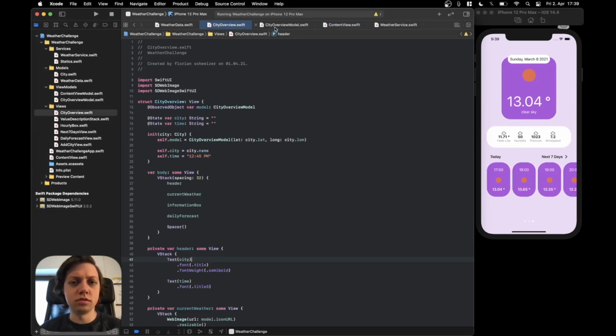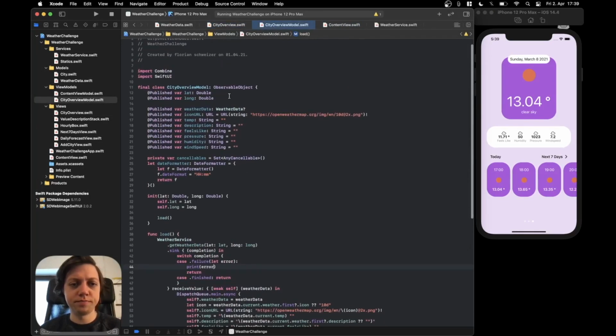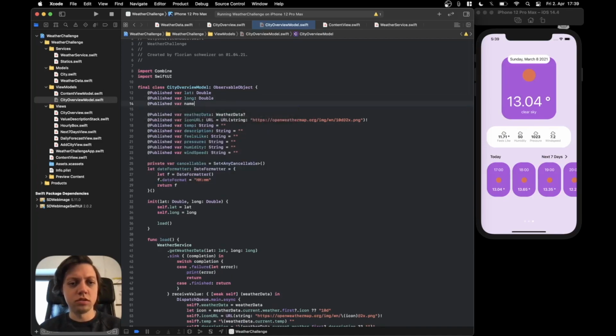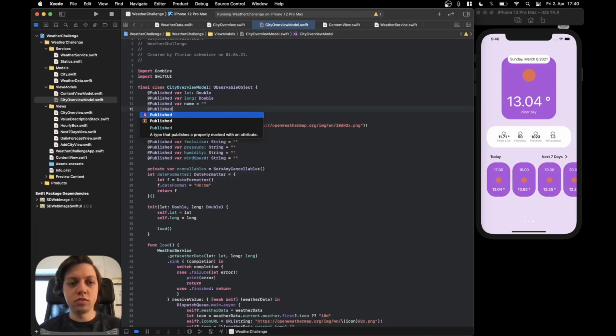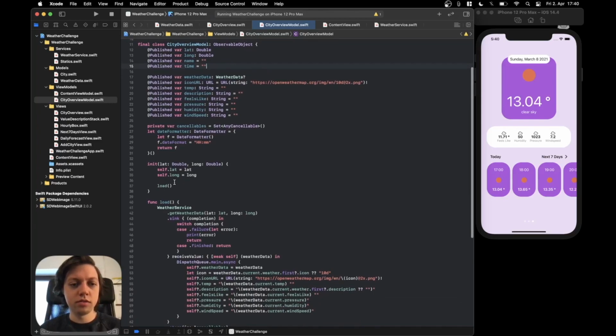Let's go to our city overview model, and let's create a published variable for the title, or let's call it name, which will be initialized to an empty string. And then let's also create one for the time, which will also be initialized to an empty string. And now in our init,